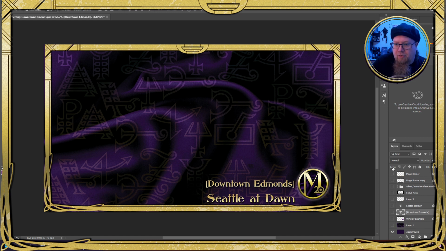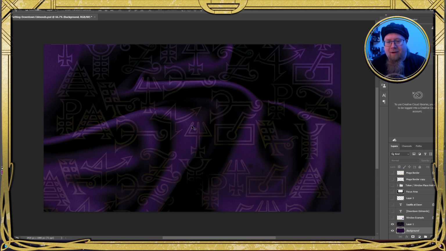So let me go through all the different layers one by one here. We've got our background layer, which is that same purple that we use for our background that we're going to chroma key out. And our chroma keying is very tight. It's very specific on this color. Doesn't need to have a lot of spread. It's designed to basically have things float around it. Then this is my stand-in for the silk background. This is very much from the Mage the Ascension books. I was able to grab this from their materials on Storyteller Vault, which gave me a lot more higher fidelity and accurate images.